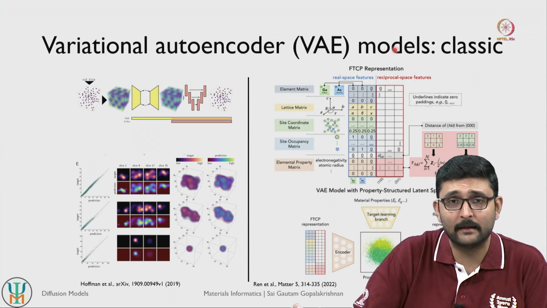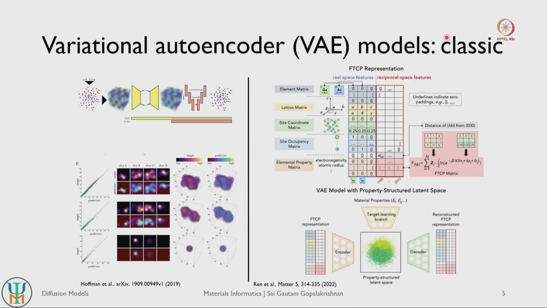One of the popular examples of classical generative models is the variational autoencoder. Very simply, this model takes as an input some kind of structure or representation. It builds a model to encode this information into a higher dimensional space, and then there is a decoder that recovers the structure that you encoded, the original or something very similar to it. This encoding and decoding process is what is referred to as the variational autoencoder, and there are several examples where variational autoencoders have been used.